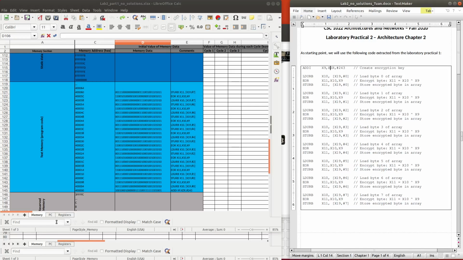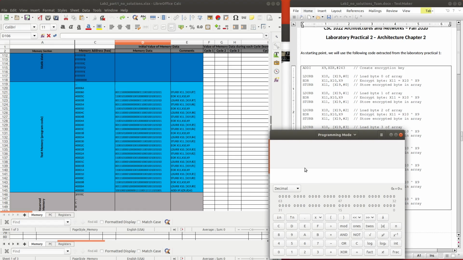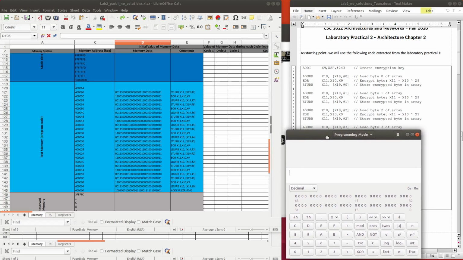And next we will take care about our register, the value inside each register inside our CPU. As you can see here in this first instruction, the value in X9 will be replaced by value 243.